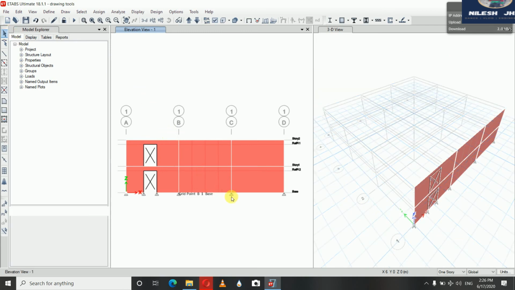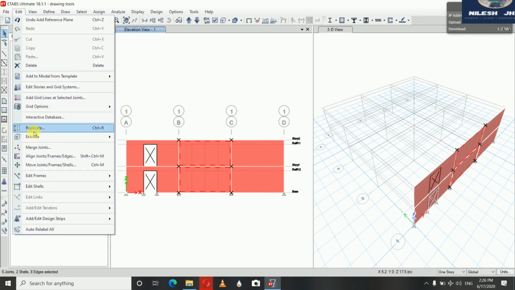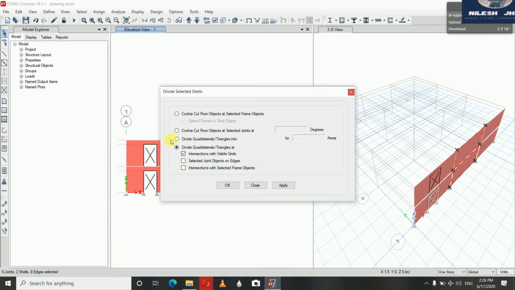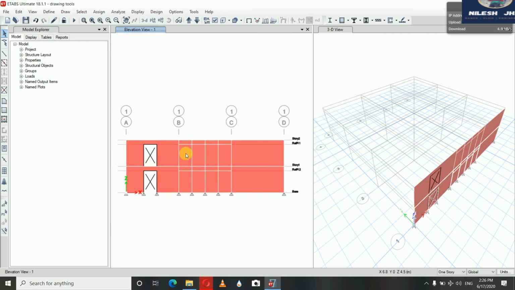Now select this particular wall, go to edit cells, here divide cells. In this we will divide quadrilaterals and select intersection with visual grids. Apply. So wherever you want to give your door, just click at that cell.